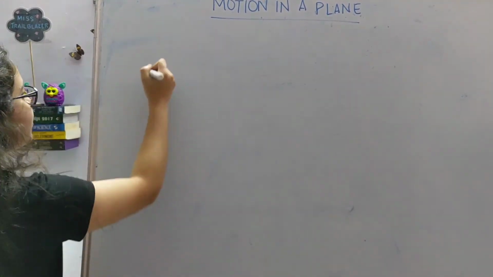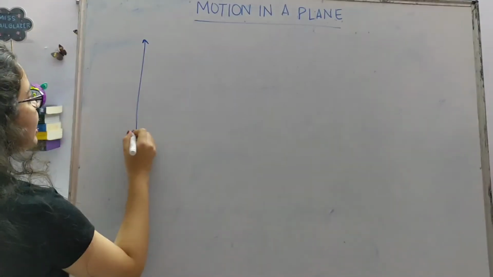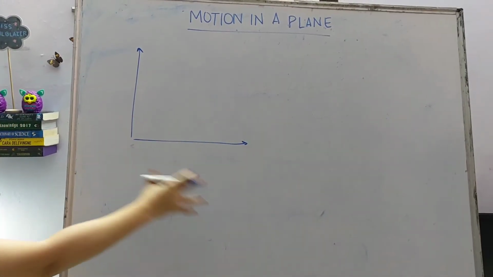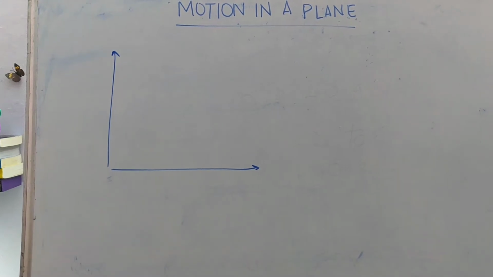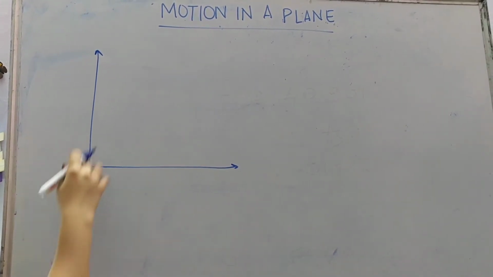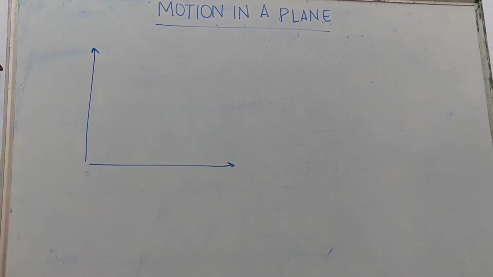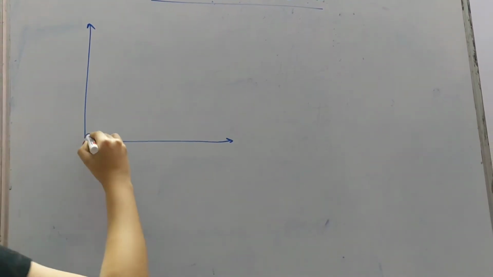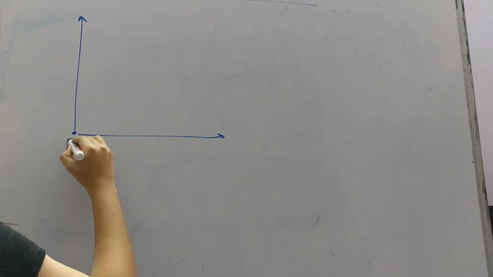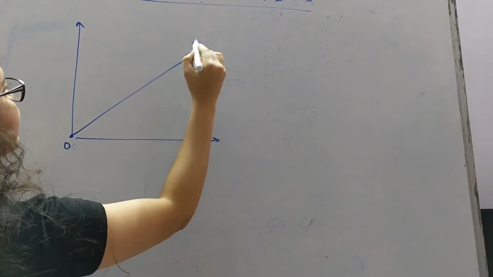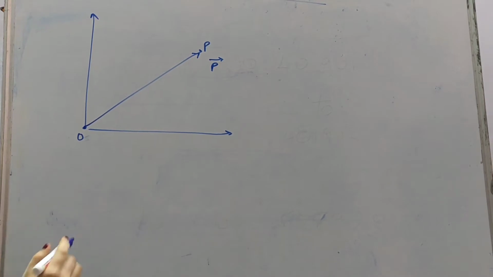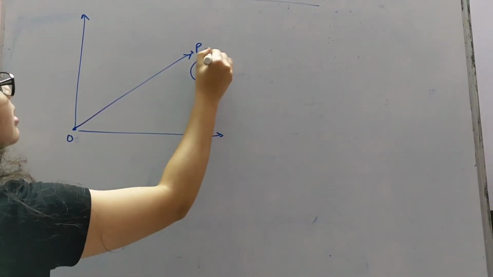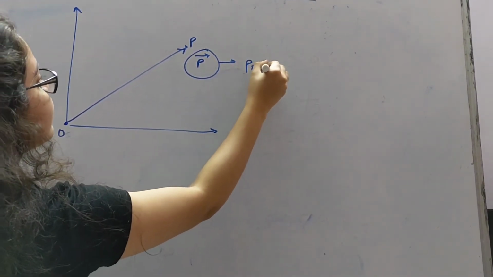So now let me brief you about position vector. If I have a plane, just imagine the xy plane. I told you we have 3 planes, xy, yz and xz. So here I have the xy plane. This is my origin, and from the origin to an arbitrary point P, I have a vector. Let us name it as P vector. So here P vector is known as the position vector.